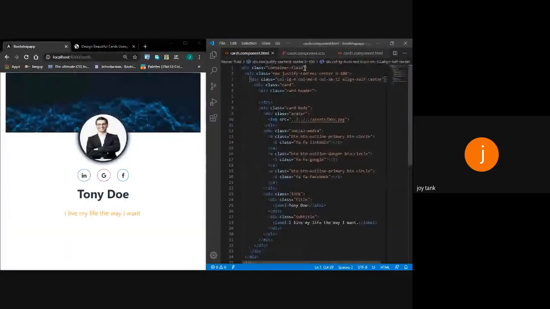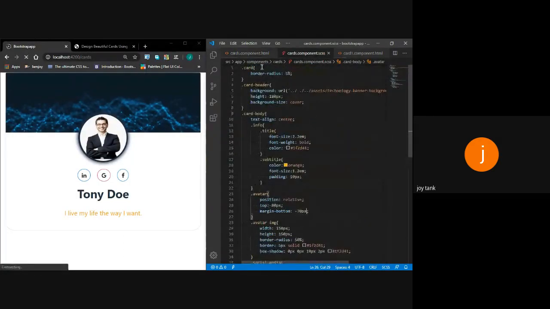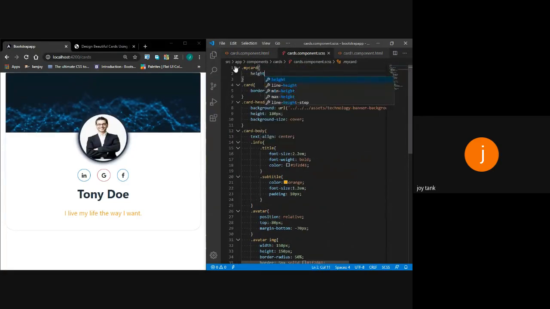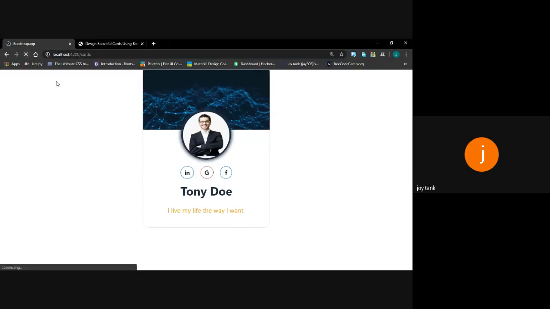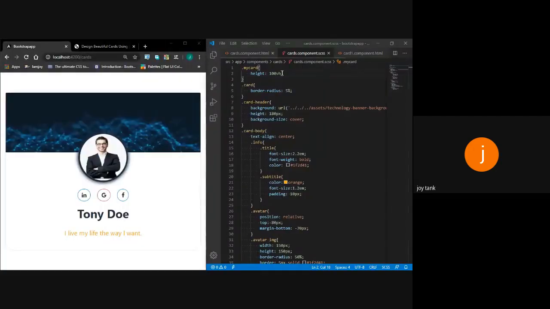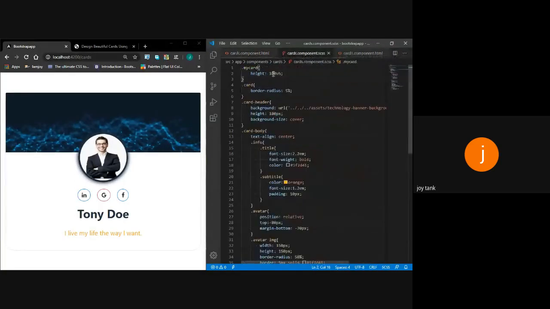I will use the card class and create a class here, my-card. Why have I set the height?